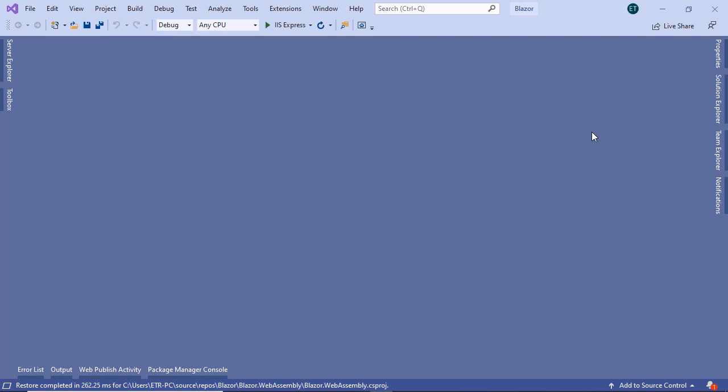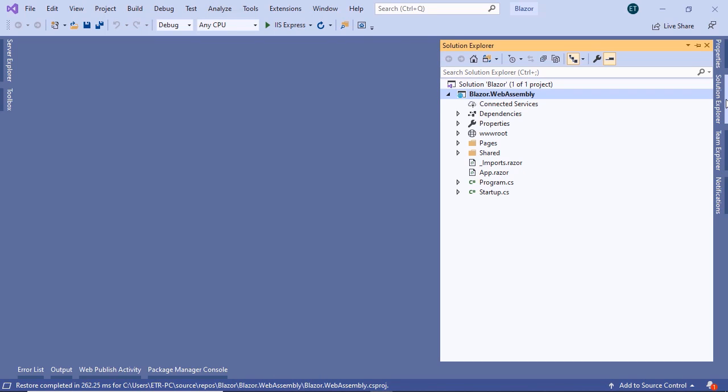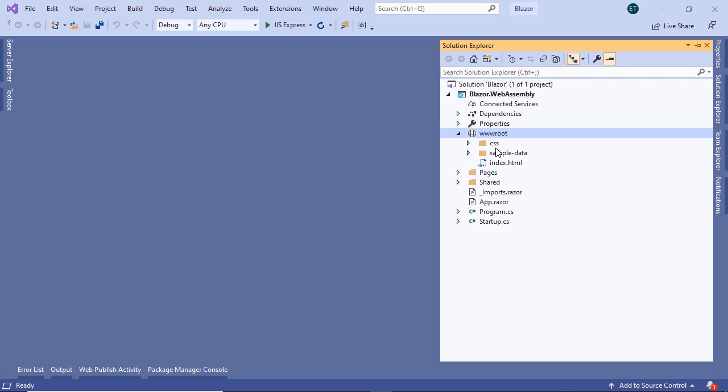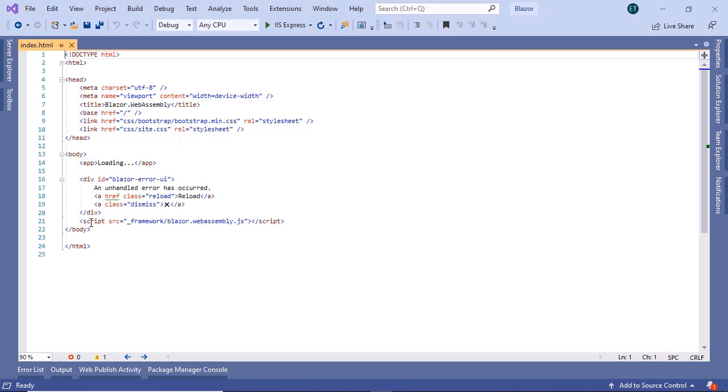Let us go to the Solution Explorer to check the default files. And in here we see that we have the dependencies, we have the properties, and then next we have the root folder, which is normally used to store the static files of an app, like CSS, images, and other stuff. Now, inside the root folder, you are going to see that other than the CSS folder, we have an index.html file. And this index.html file at line 21 creates a reference to